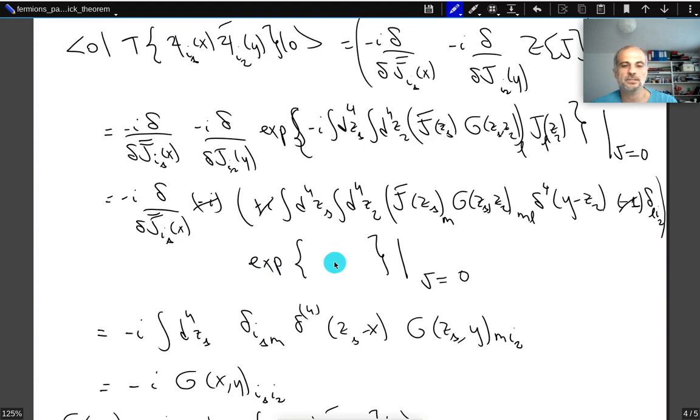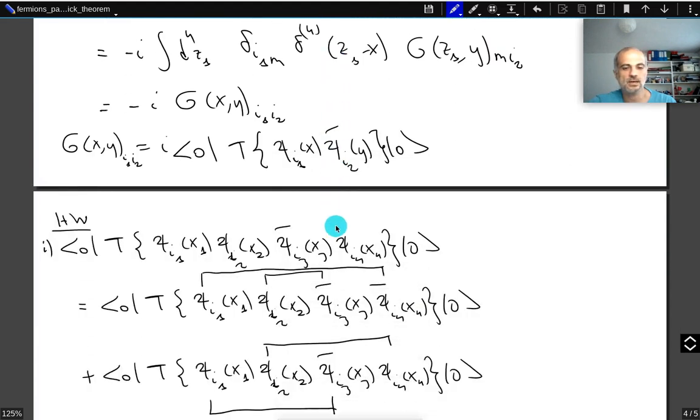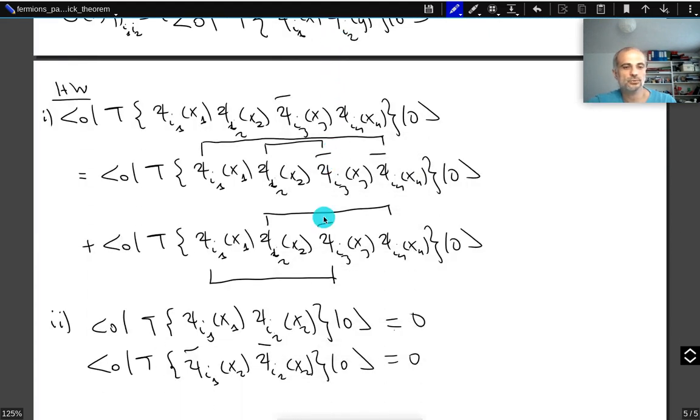But if I take the derivative of the exponent only, when I set j equal to 0, meaning j bar is also equal to 0, both of these terms will be just 0. So just fill in the gaps. So this essentially proves that we have the Wick theorem for the